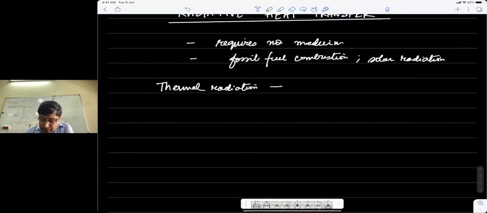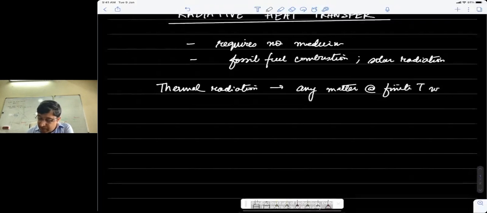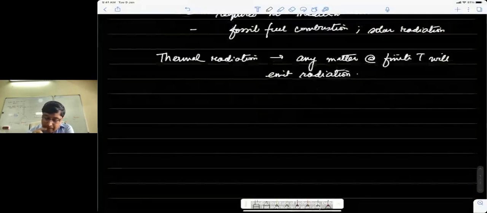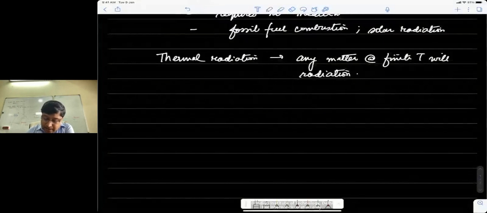So, any matter which has finite temperature, which would mean that it's more than 0 Kelvin, any matter at finite temperature will emit radiation. So we'll look at these